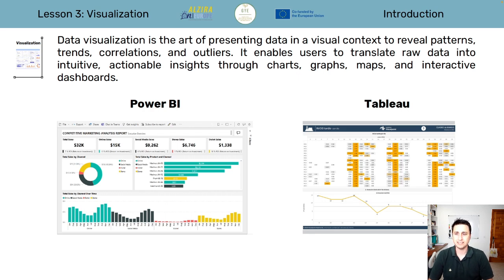Data visualization is the science or the art of presenting data in a visual manner in order to reveal patterns, trends, correlations, and outliers. Here we can see two examples.